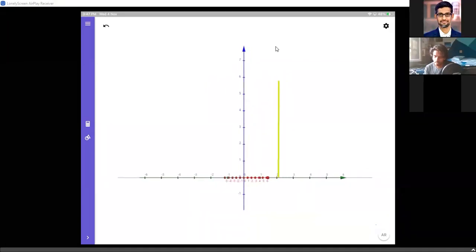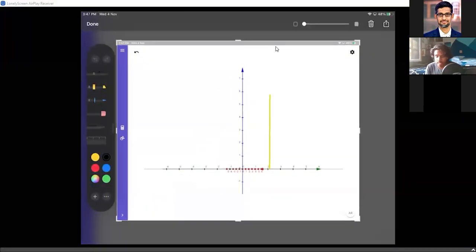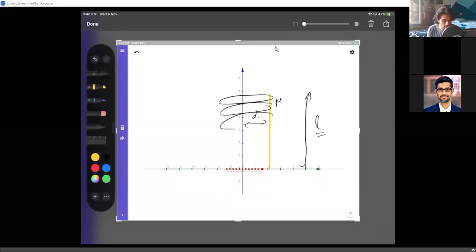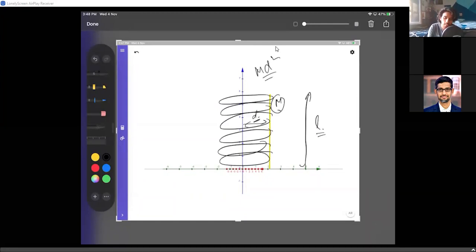In this case, the masses, the whole mass, even the length of the rod L doesn't matter, because this length is not even considered here. The important point is the distance from the axis. Each and every mass is going about this axis, so the whole mass is actually at a distance d. So the moment of inertia is basically md square.